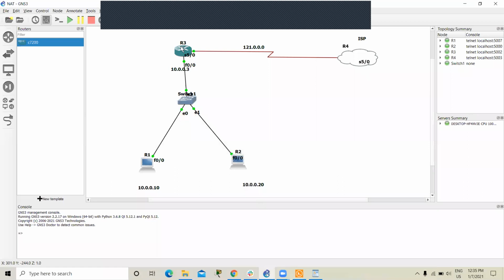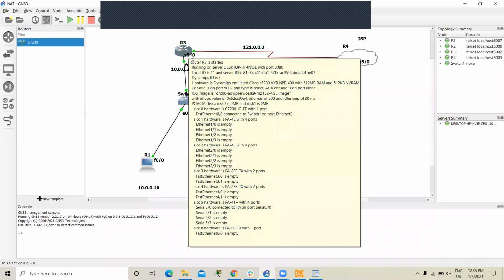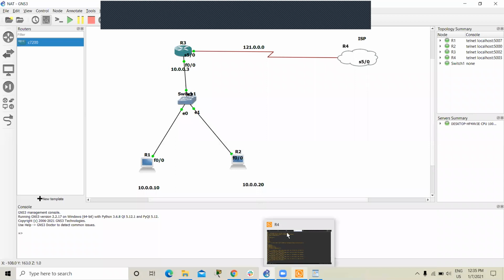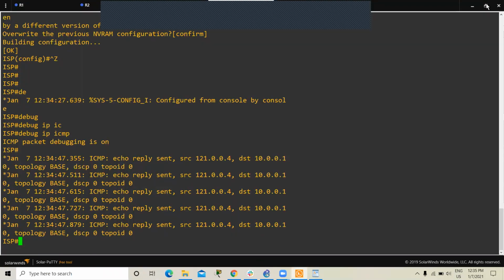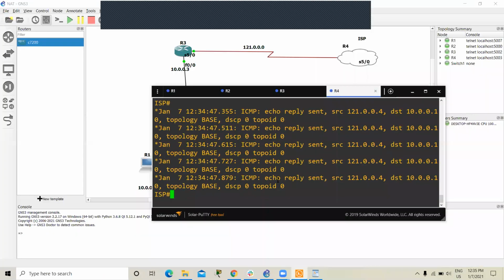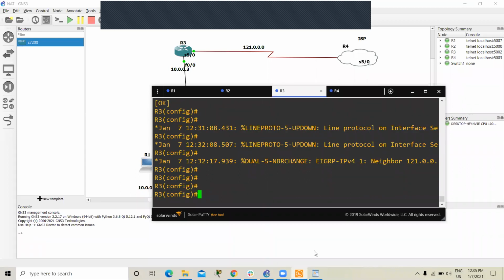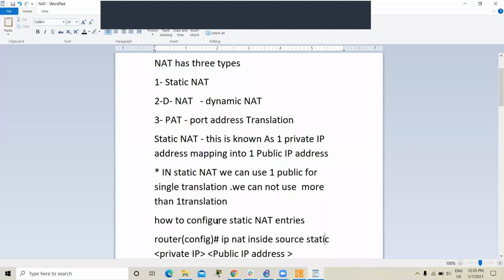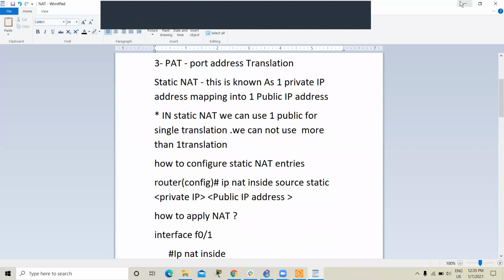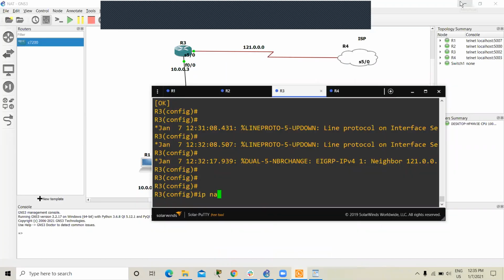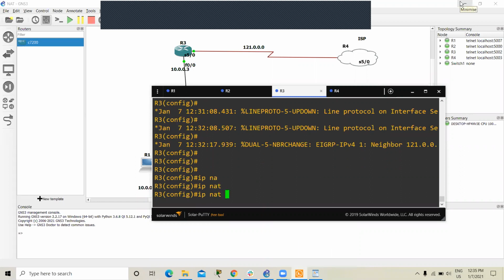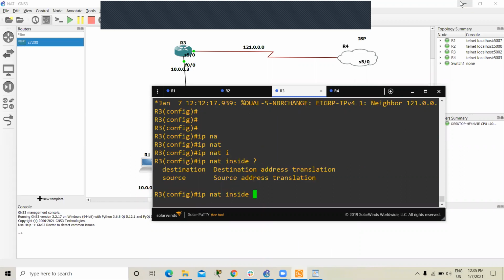First I go to our edge router, which connects our private network as well as the internet, router 3. Here we have the command ip nat inside source static.